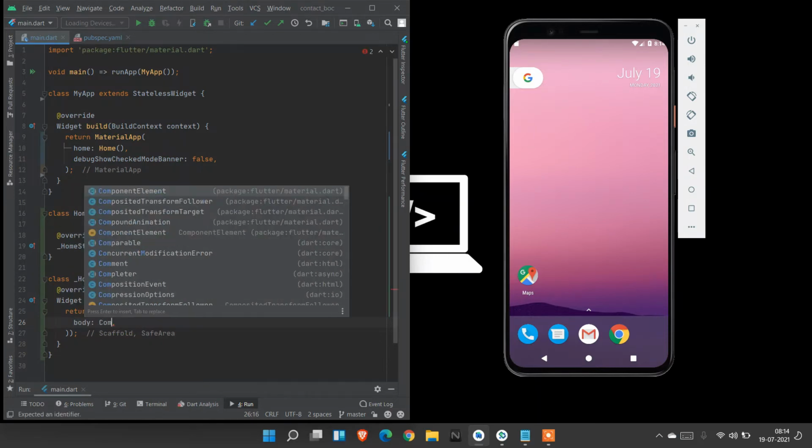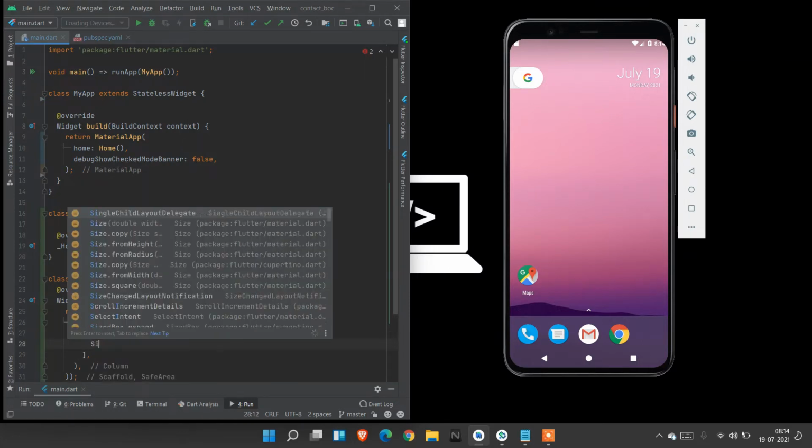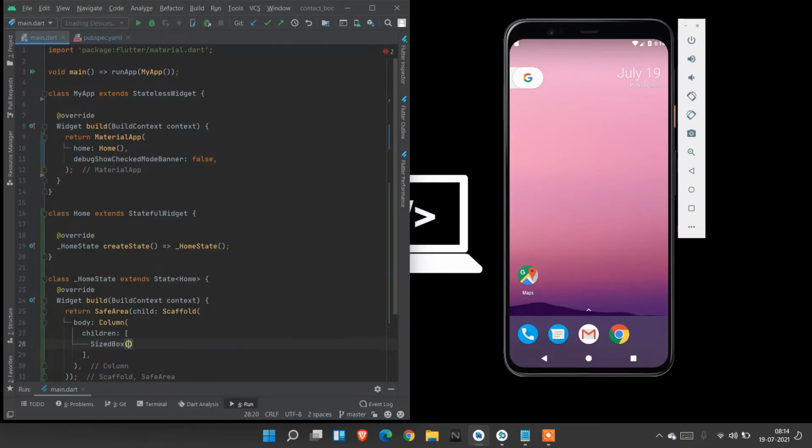The body must be a column because it contains many parts. Inside the column I'm going to create children. Make a SizedBox with height 200, and I make a TCard.